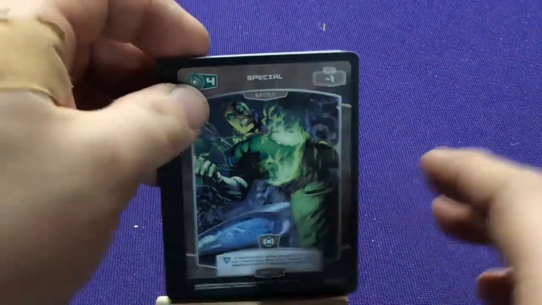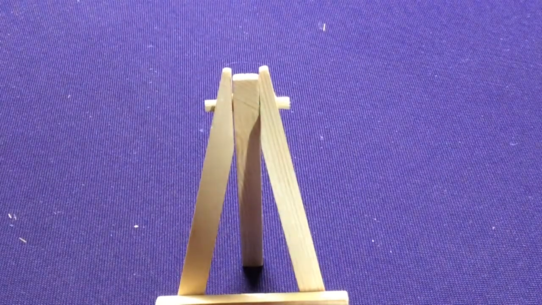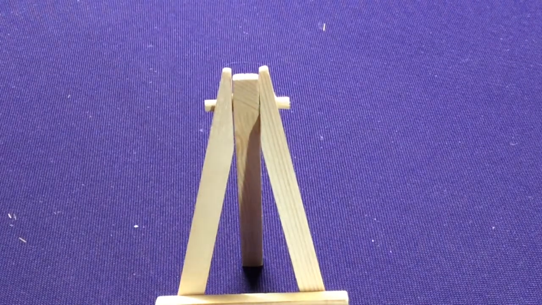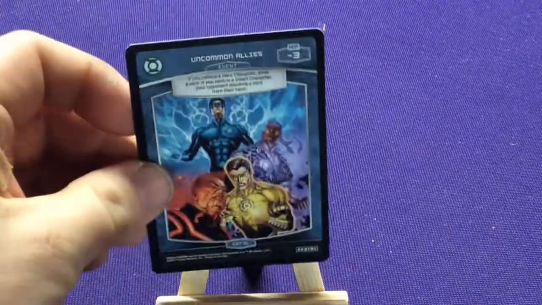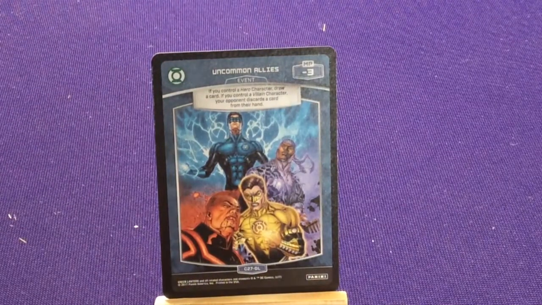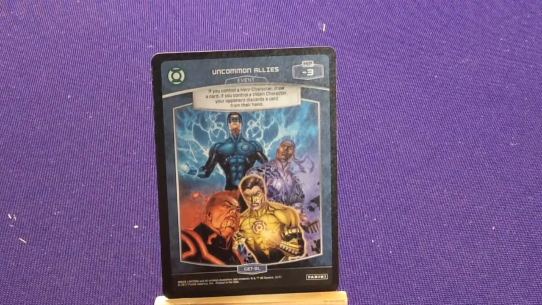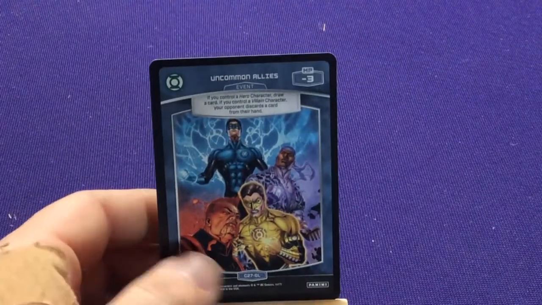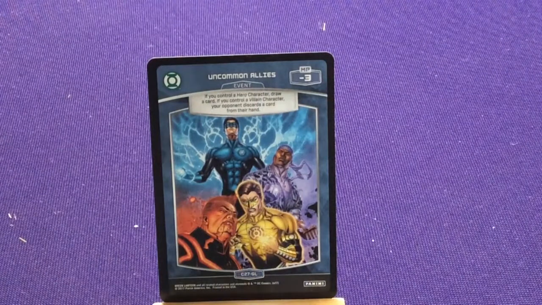Awesome. Again, I'm 4 packs in, I'm learning new terms every time I open up a new pack. Oh, here we go. That's an alt color. We got Blue Lantern Kyle Rainier, Red Lantern Guy Gardner, Yellow Lantern Hal Jordan, and Purple Lantern John Stewart. Uncommon, I don't know why it's uncommon allies. These guys are always allies, but yeah, sometimes the pictures don't match the names of the cards or what they